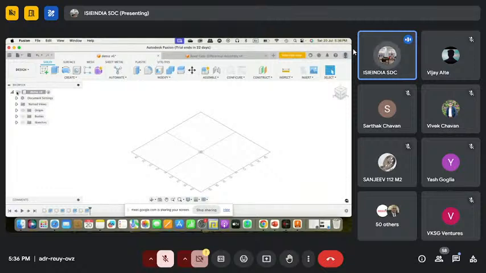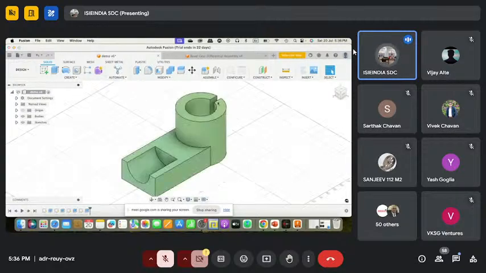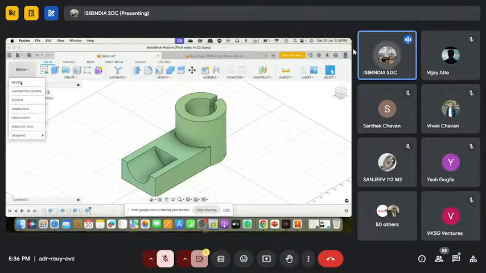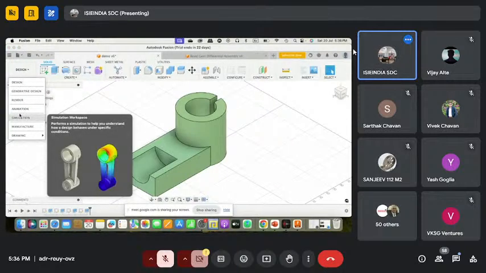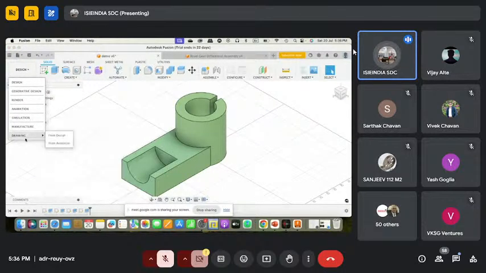Okay, so let's suppose, taking this same mounting only, we have to make a drawing of it. Here you can see two options, drawing from design or drawing from animation. We'll go with design only, because from animation it would take some more time to understand and learn, but we'll start from design. So if we click here,